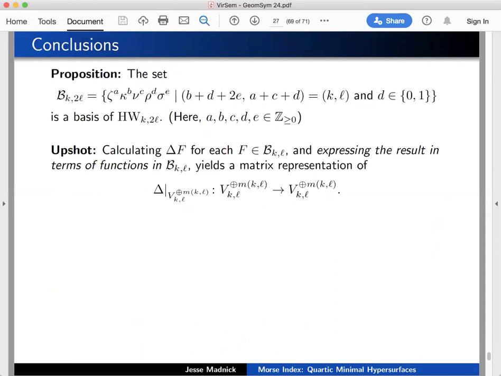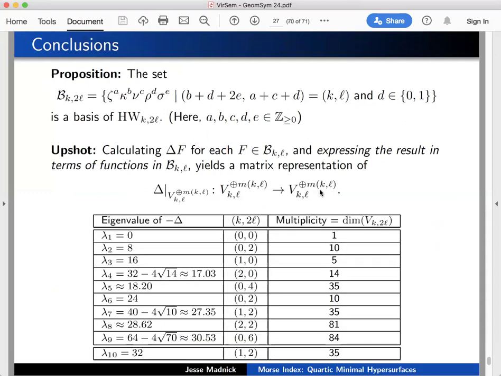Okay, so the upshot finally is that you then calculate the Laplacian of f for each of these basis functions, and you express the result in terms of these basis functions, which gives you this matrix. And at the end of the day, that enables you to extract the eigenvalues of the Laplacian, as well as their multiplicities. The multiplicities are the dimensions of these spaces. And so there you go. If you add up these numbers, you do in fact get the Morse index 275. And here, of course, the nullity